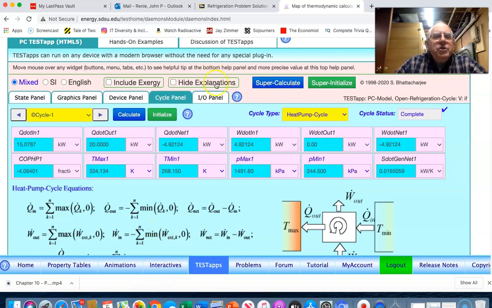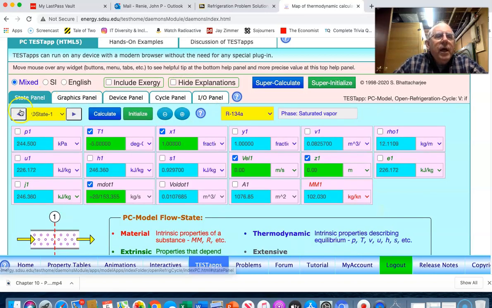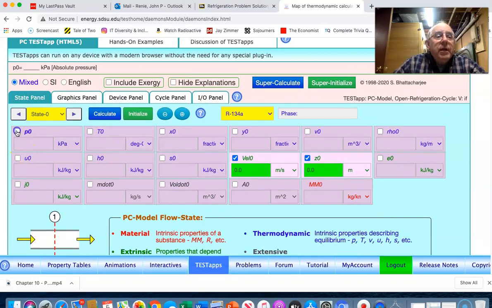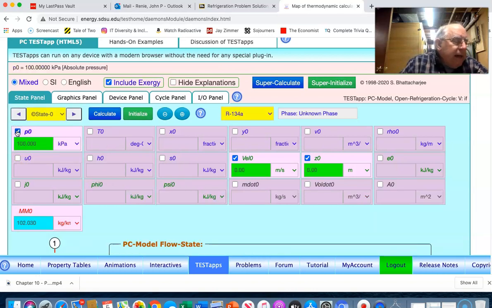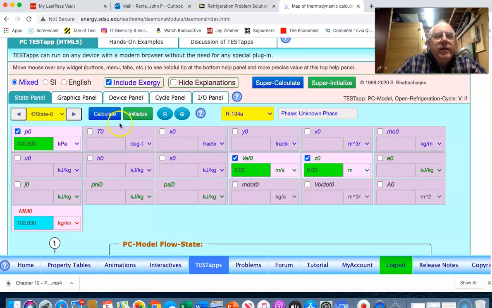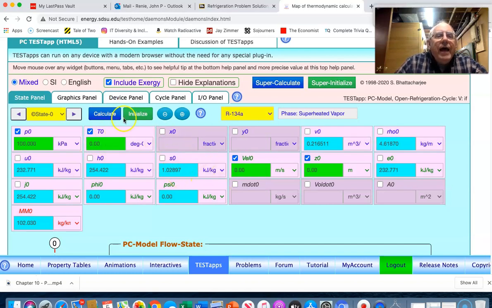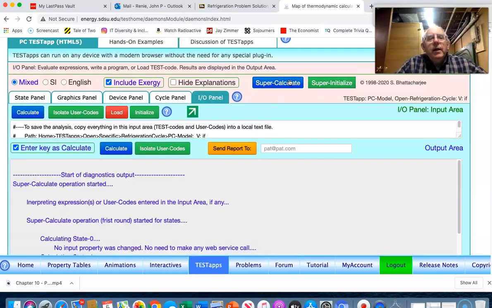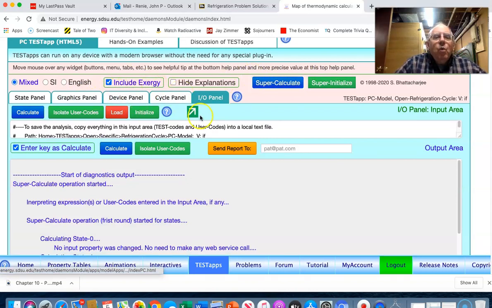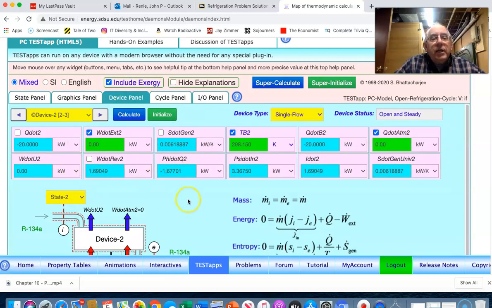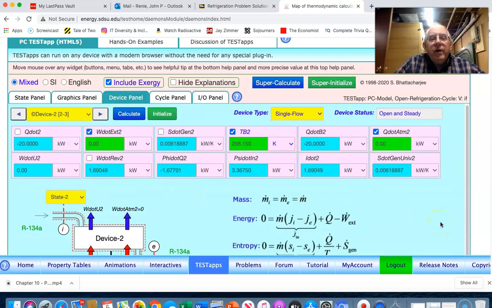Now, the one thing we failed to do in this whole overall problem is going back to the state panel and selecting a state 1, because it is asking for exergy here, and we see that the atmospheric exergy state conditions are 100 and 0. And so once we put that in and do a super calculate, now we can go back and ask ourselves, what else did we need to add? And so if we go to the device panels here, you'll see in the various device panels,